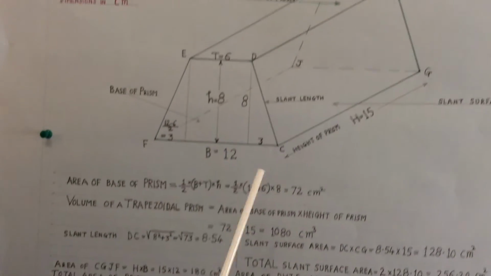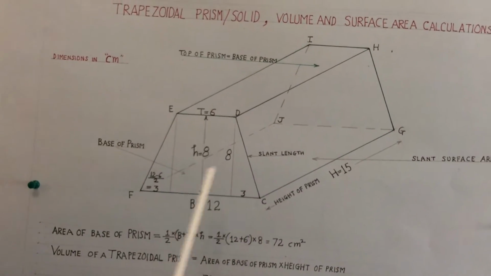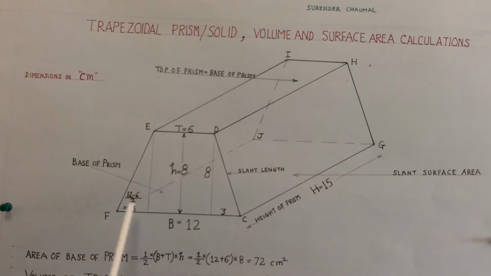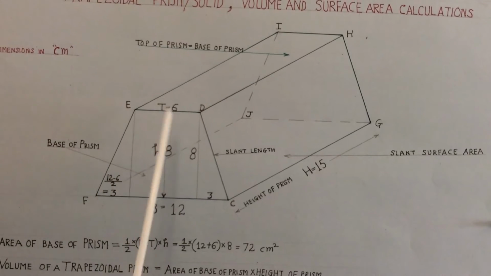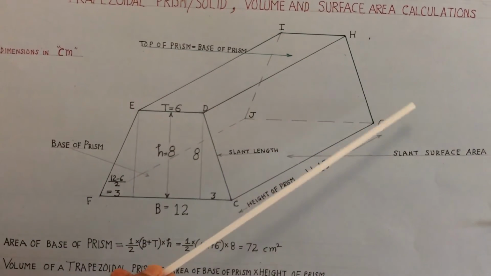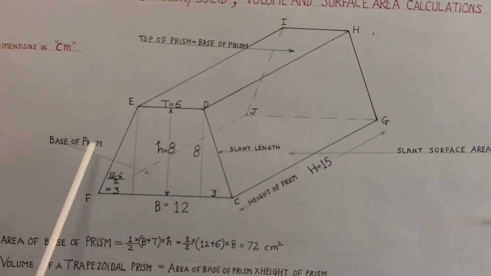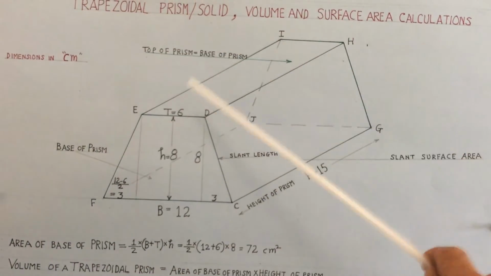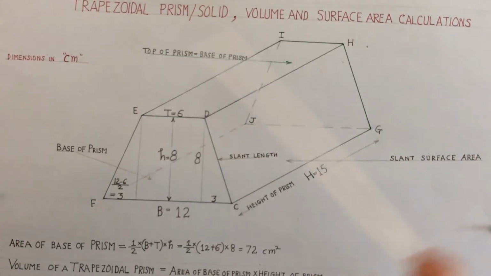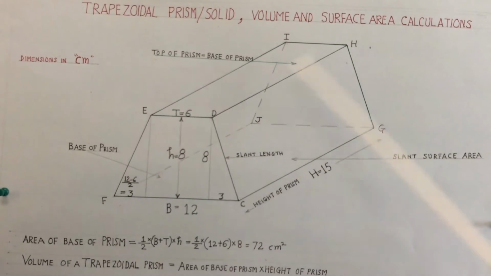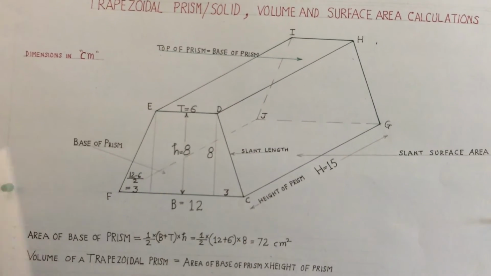So the most important thing which I want to remind all of you, that the area of the base is this area, not that base on which this prism has been shown here. So this is the area. That means if you make a slice of this prism, all pieces should be similar. So you have to cut like this from the top to bottom, so all the pieces should look identical.